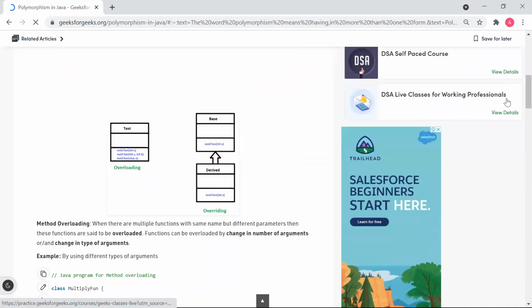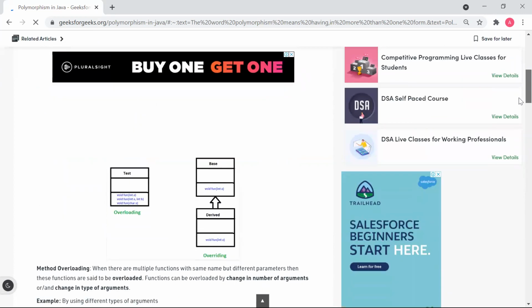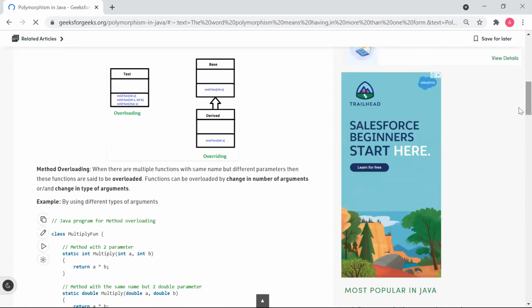So you can see here polymorphism. Why do we implement polymorphism? In polymorphism, with the same function name, you can perform two different operations. If you studied C language, you might be aware that you cannot declare two functions with the same name, right?